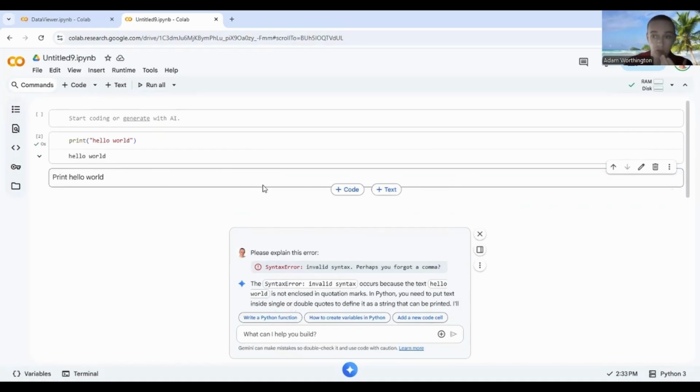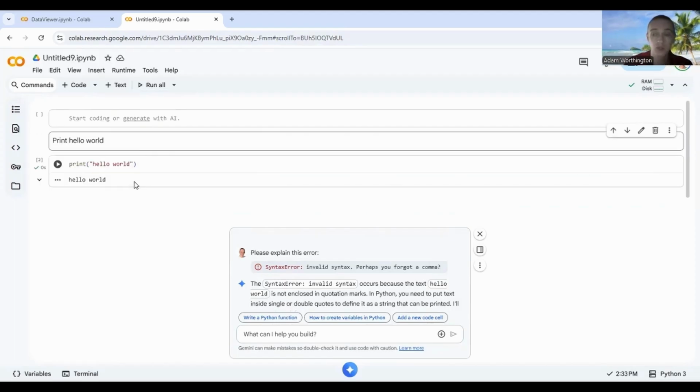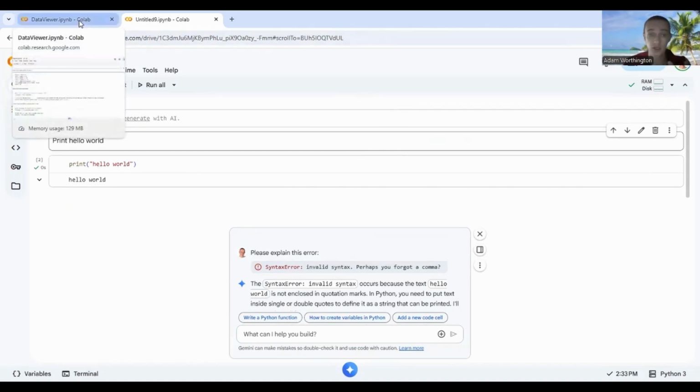Those print hello world. And also move that up, so it's above. If you want to add it in here, you can add code or text in between blocks. So there's loads you can do in Colab. What I'm going to do is switch over to this